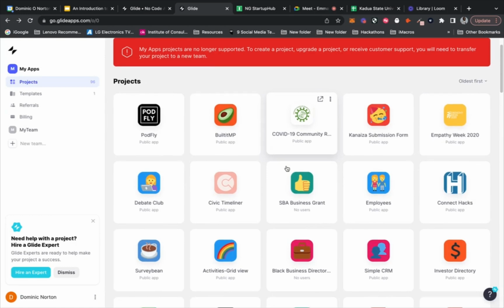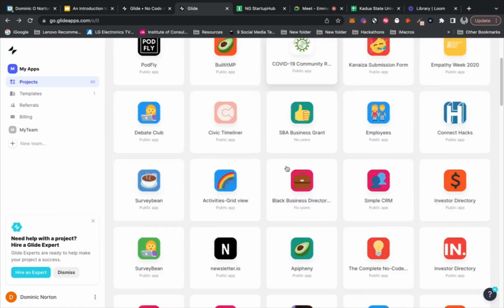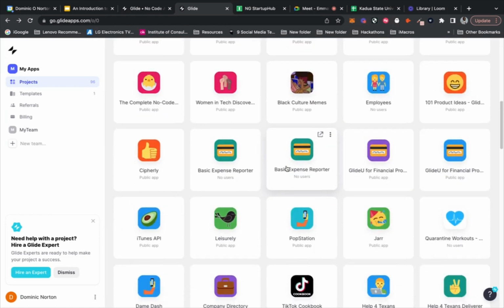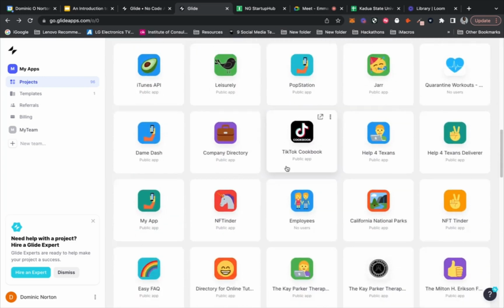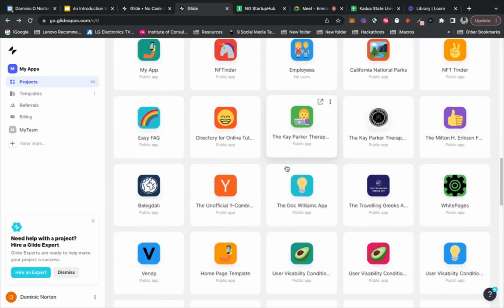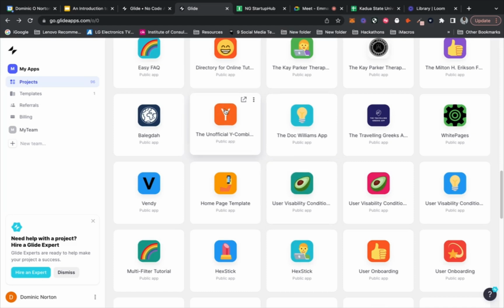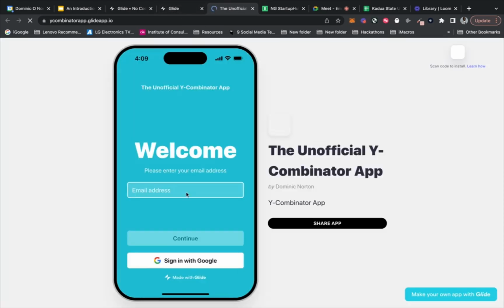And then also, let me see. This one was popular. It was an unofficial Y Combinator app. So I took a lot of Y Combinator's video content and I put it into an app. Let's see if this still works.